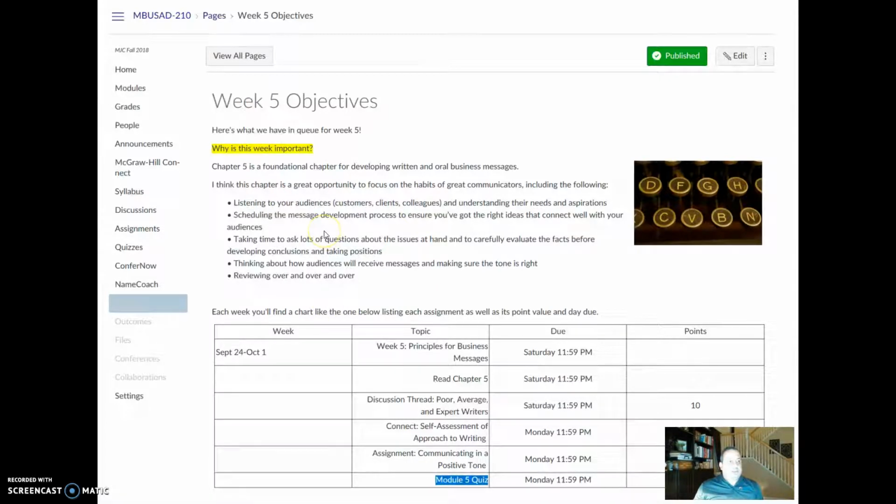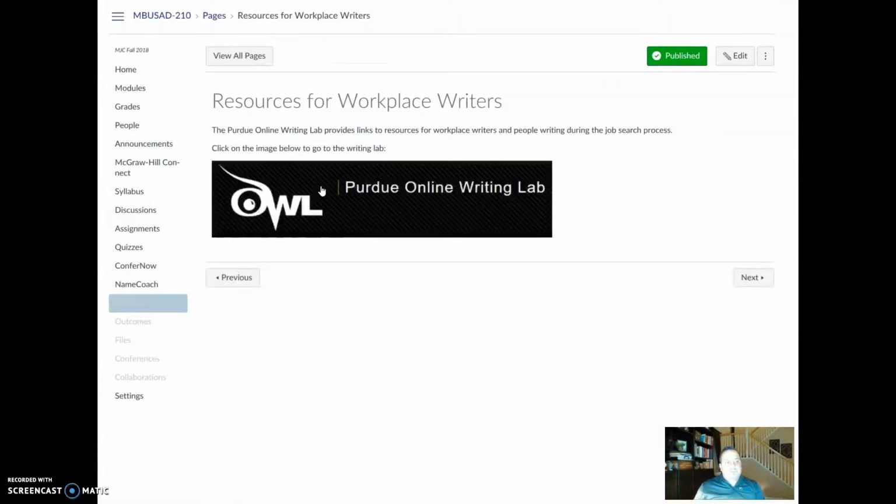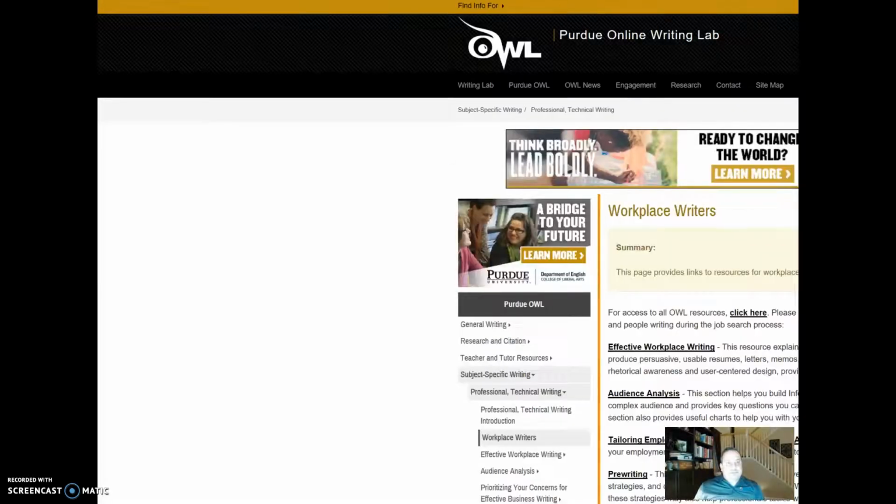As we begin the writing assignment, I did add a new tool that I think would be helpful for you to review. If you go to modules, it's right under the business toolbox, it's the Writing Resource Center for Purdue University. Once you get to this page, just click on the Purdue Online Writing Lab image, and it'll take you